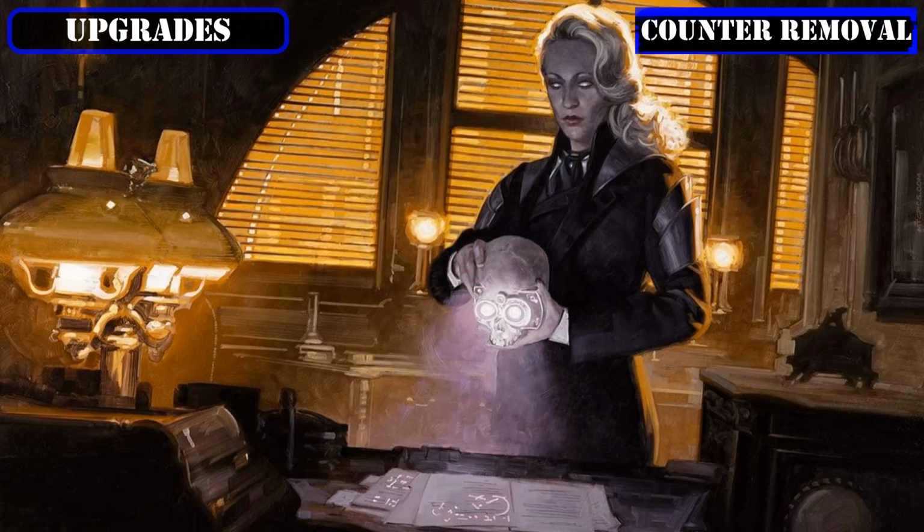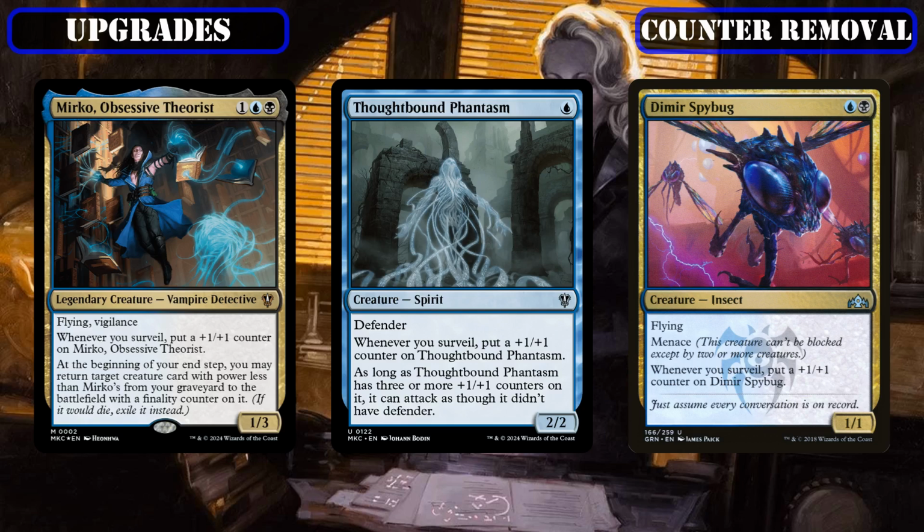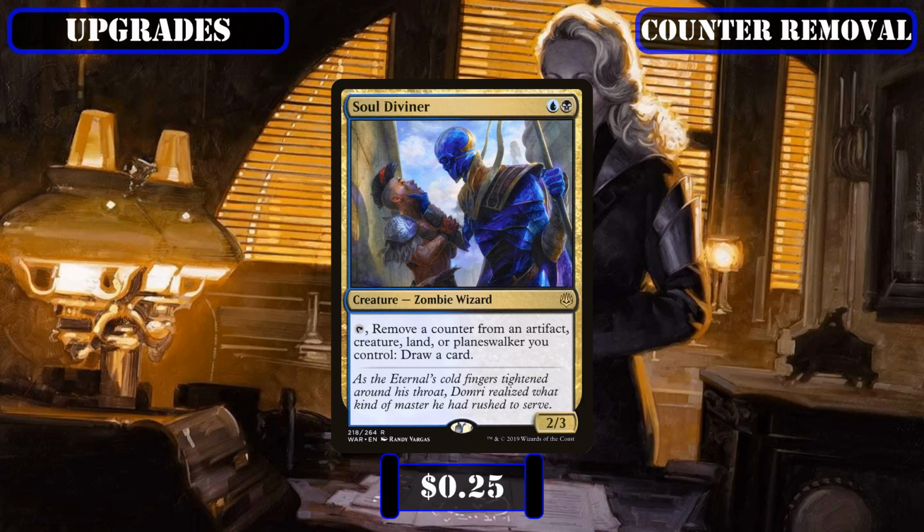Then, with the resilience of our commander greatly improved, we can switch our sights to adding in ways to remove the finality counters off of the creatures he reanimates, so we can continually reanimate them as our opponents inevitably remove them. In which we'll be replacing Thoughtbound Phantasm, who loses out to evasive creatures that also grow as we surveil that can more reliably get in for damage, with Soul Diviner, which provides us with a manaless way to turn